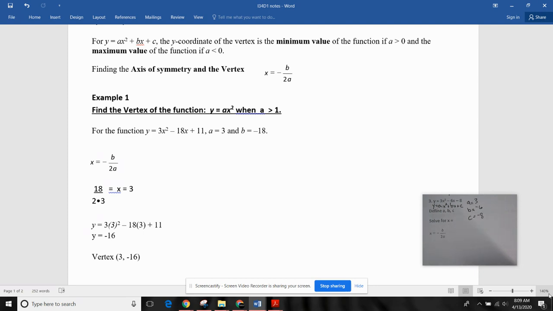Come down here, opposite of b. B is negative 6, so this time the opposite of b is going to be 6 over 2 times a, which is 3, so 6 over